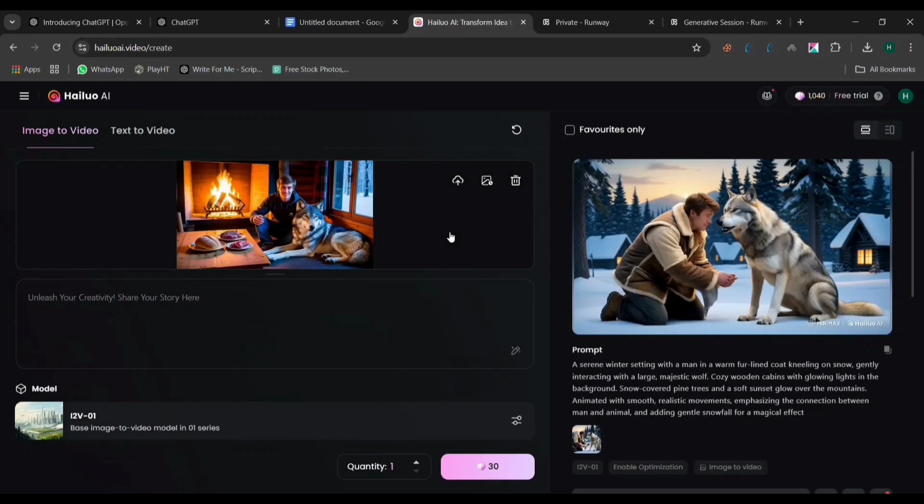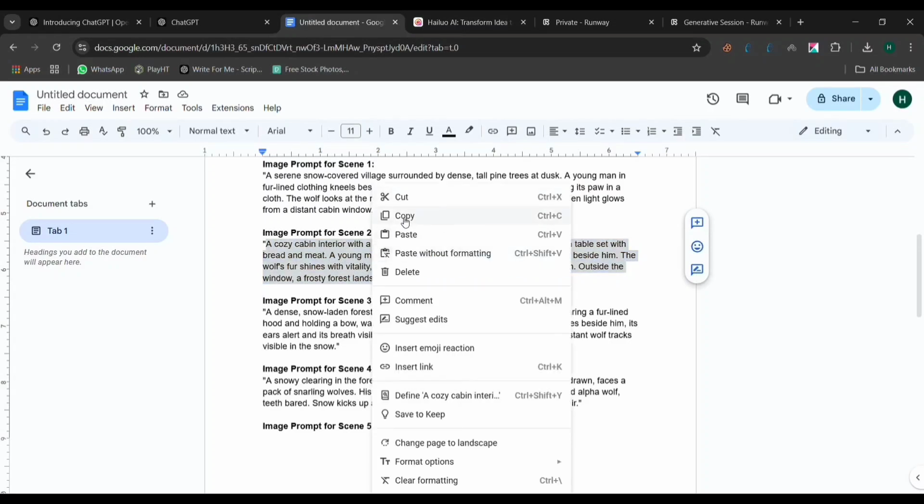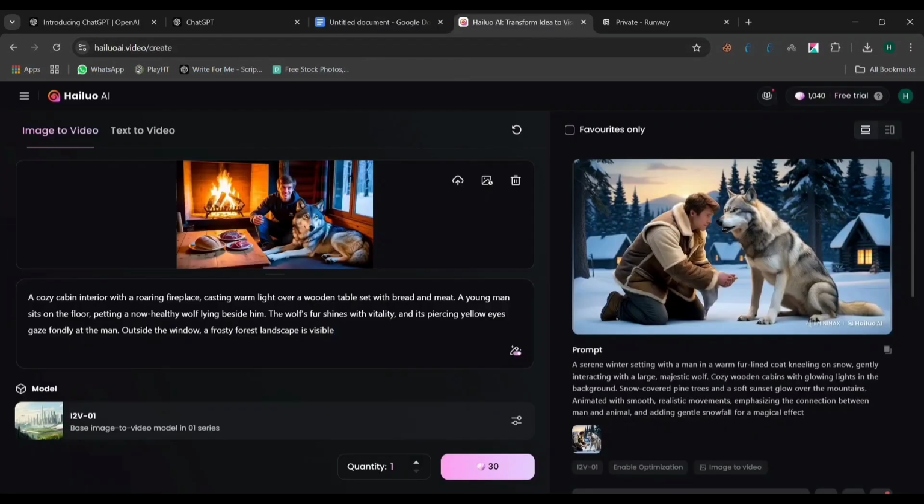After uploading your images, the next step is to add animation prompts for each image. These prompts should be simple and clear, explaining what action or mood you want in each scene. You can use the image prompts that ChatGPT gave you to help with this. Once you've added your animation prompts, click Generate to start creating the